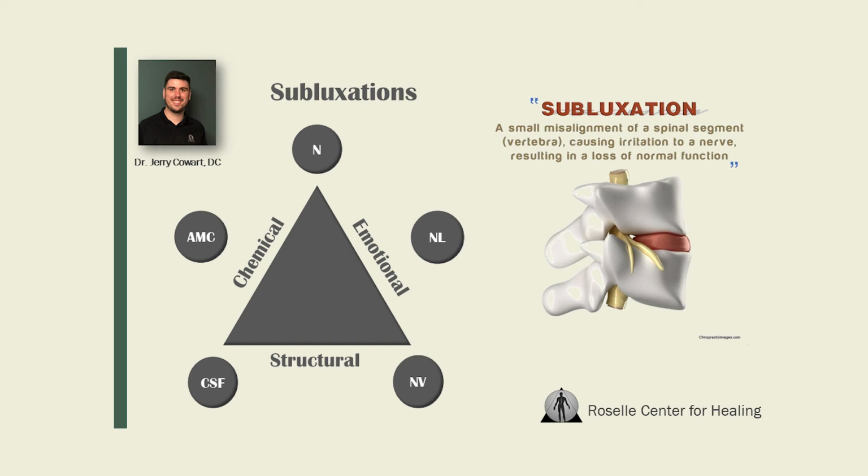there can be a subluxation if this triad of health is not in balance, if those 5 factors are not in balance. So that's ultimately how a subluxation occurs in the body. That's how someone gets a subluxation in the body, because one or more of these 5 factors or triad of health is not in balance and not in sync with the others. That will cause that small misalignment at any joint, much less the spinal levels having a misalignment.